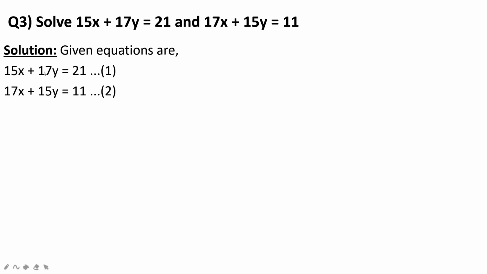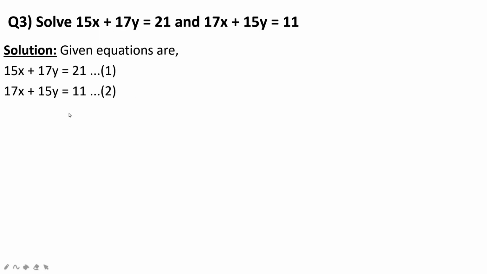So solving is also different. Now in this question, you cannot multiply either equation 1 or equation 2 by any number to get similar coefficients. So over here, what we will do is we will first add these two equations. When we add these two equations, we will get one equation. Then we will subtract these two equations. When we subtract these two equations, we will get a second equation. Now using both those equations, we will solve and get the answer of x and y.